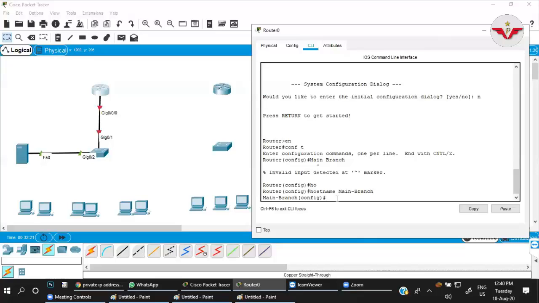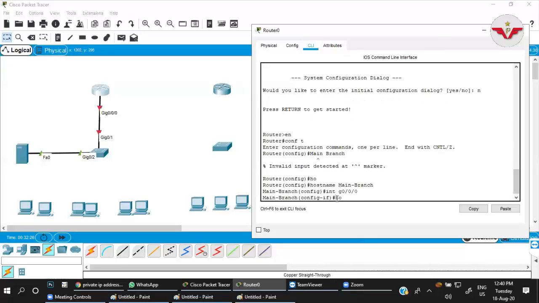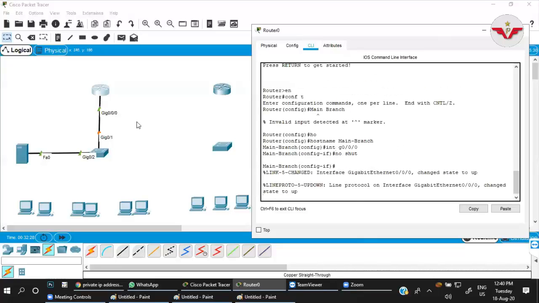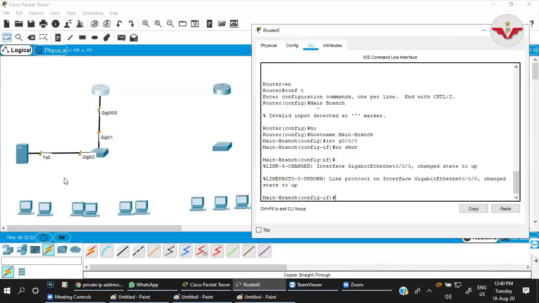So first of all, go to interface 0/0/0, no shut. I have done no shut on this interface, and this server will be independent, not in any of the VLANs. So the main interface IP address would be in the same network as this server. On that main interface, I am just providing the IP address.